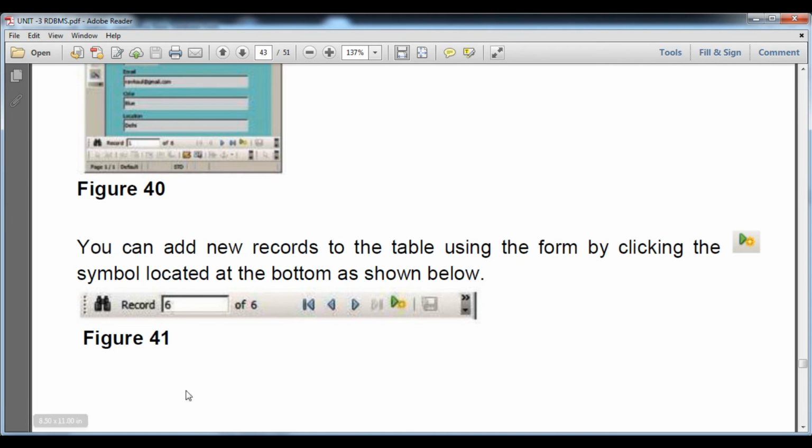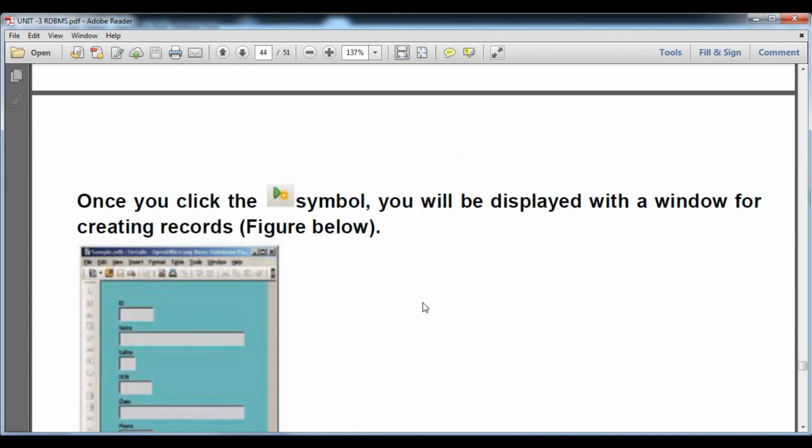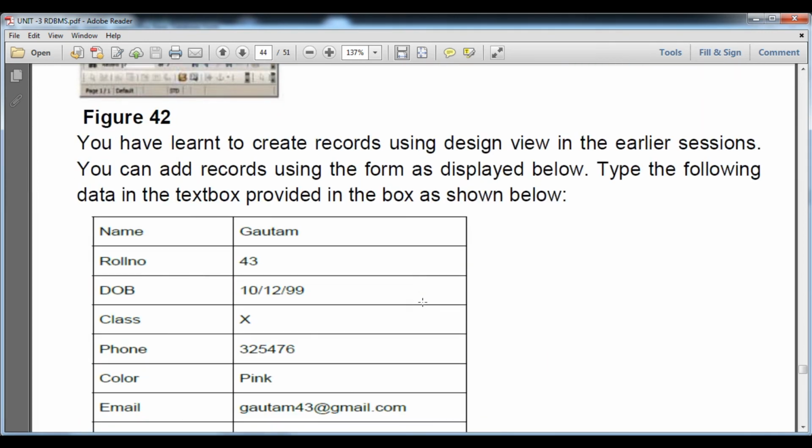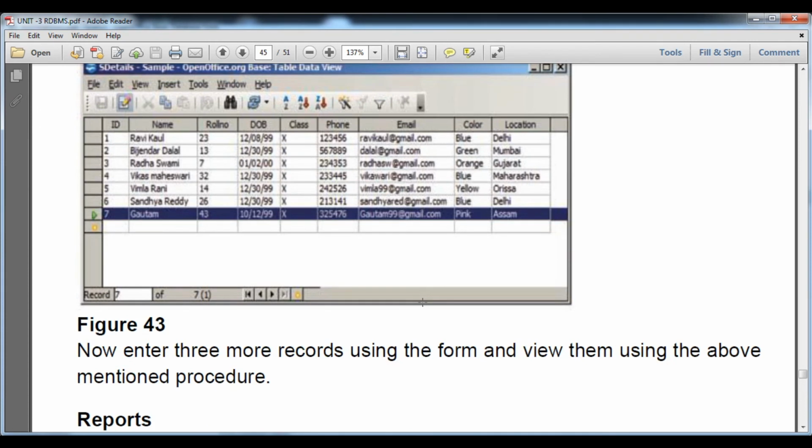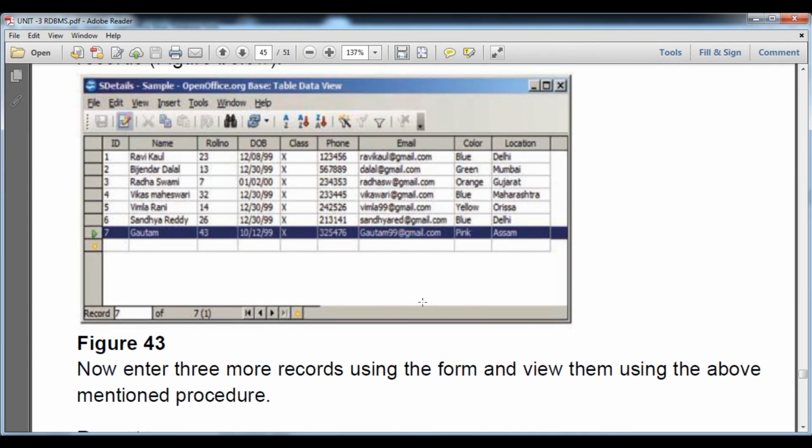I hope, students, you have learned well, and this is the navigation toolbar that I gave as an example and practical also. By directly typing a number you can see the record number, first one, previous, next, last one, create one, save, and at last a delete option. Okay students, so you can see how to create a table record using a form also.